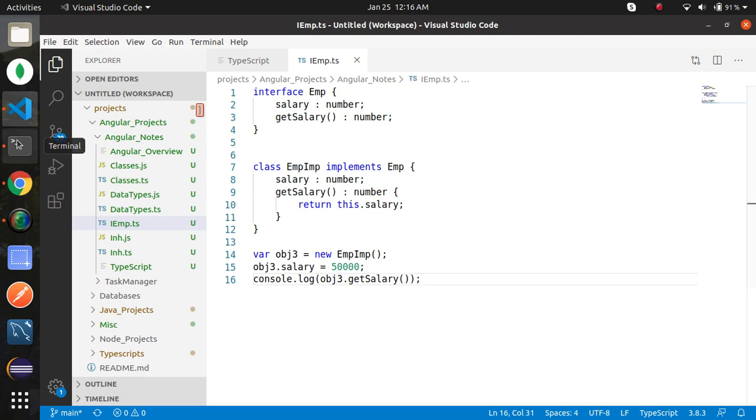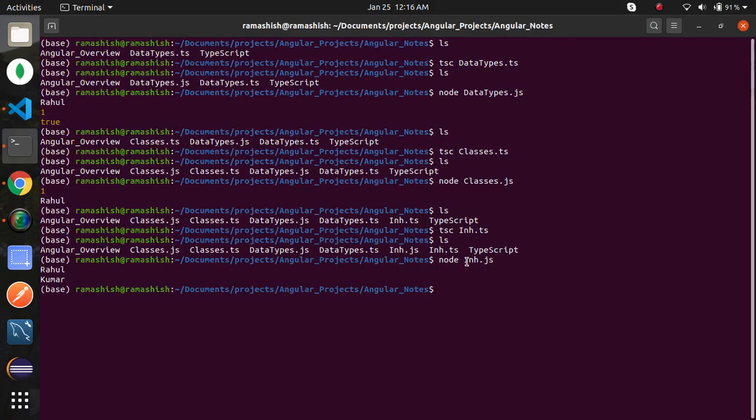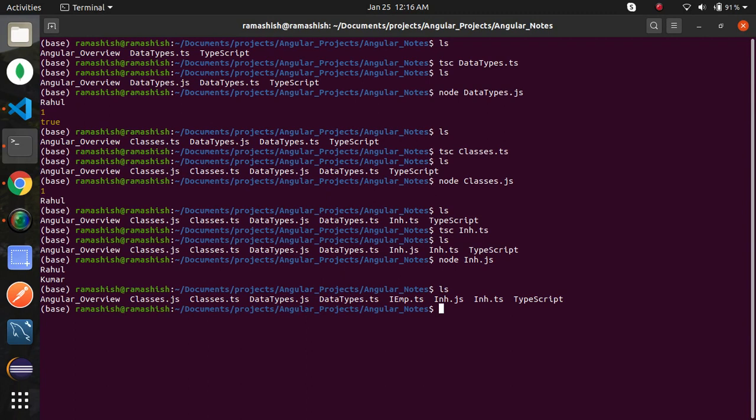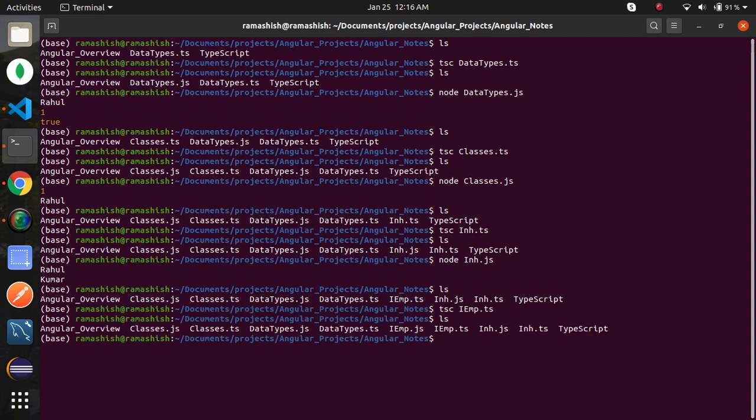Now execute the TypeScript file: tsc. The JavaScript file has been generated here.